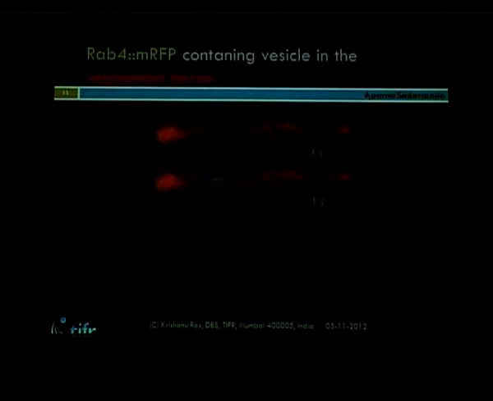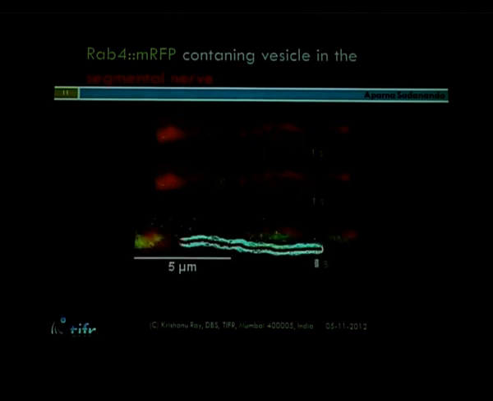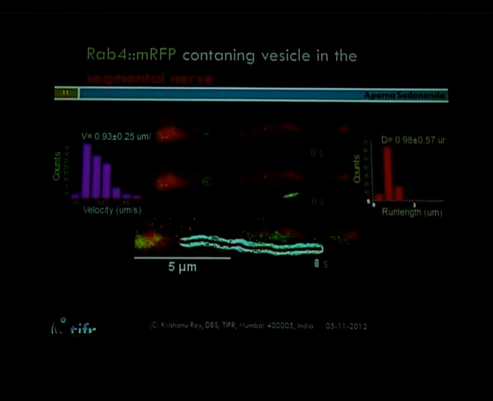If you open up a larval system and label presynaptic vesicles, in this case Rab4-labeled vesicles, you can record movements in a very persistent way, where these vesicles keep moving in these segmental nerve neurons. So these are essentially the sensory axons that are sending their cargoes towards the synapse. This movement occurs at a rate of about 1 micron per second and has a persistence of run length of 1 micron on average.